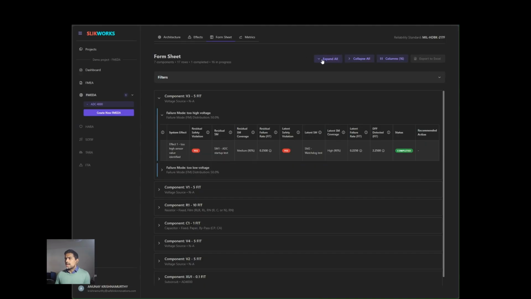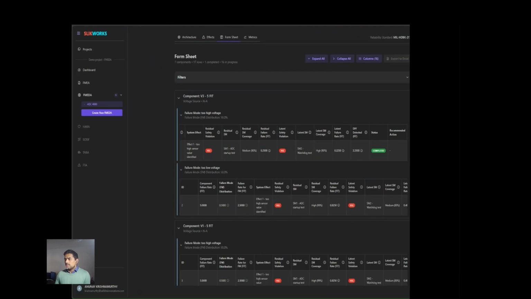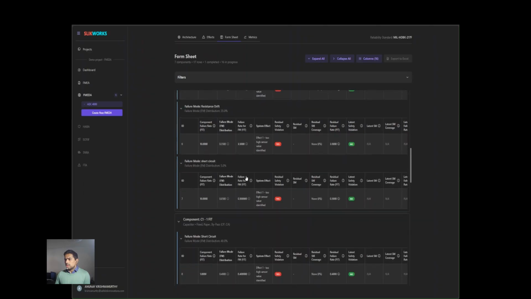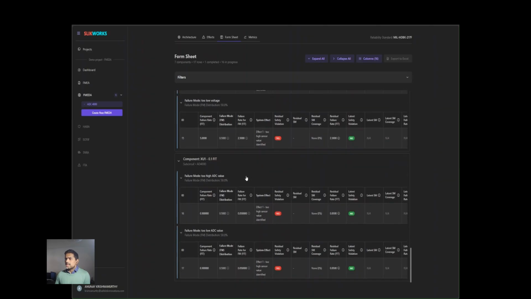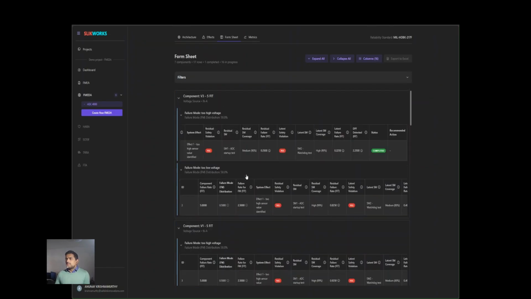So now, if we go to expand all, it shows all the information for all these components. And it's up to the user to check whether the information is correct or not. But notice already that most of the information is already populated. Once all of this information is populated, then we can go and look at the